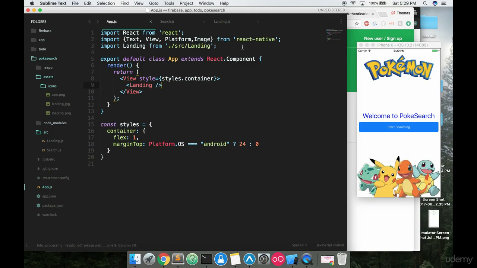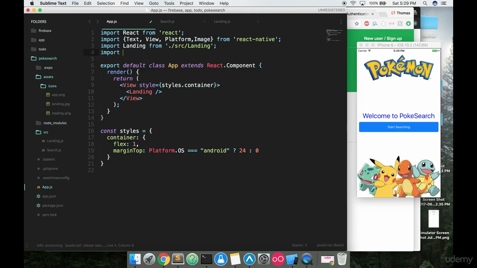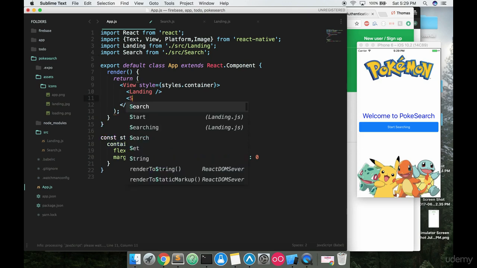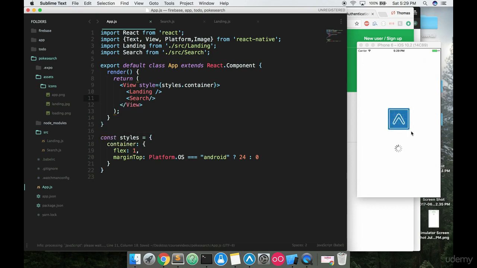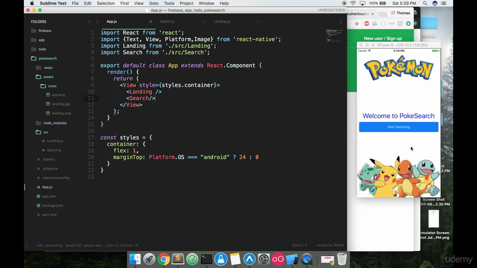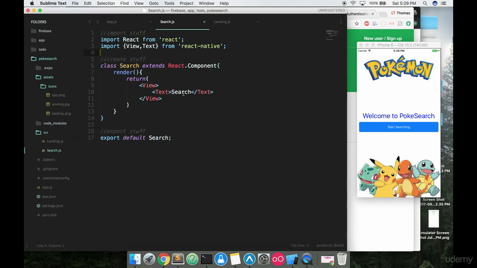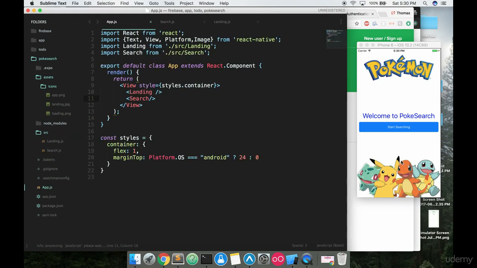And I'm going to go back to my app.js and import search from /src search. Now, if I threw search in right here, I'll actually show you what this is going to do. I'm going to throw search inside of here, and I'm not even entirely sure what's going to happen. I bet you can't even see it. Yeah, so you're not even able to see what's on search. I mean, right now it just says search. It's just a word, but you can't even see it